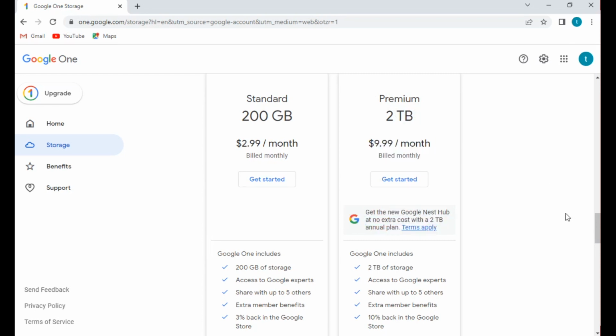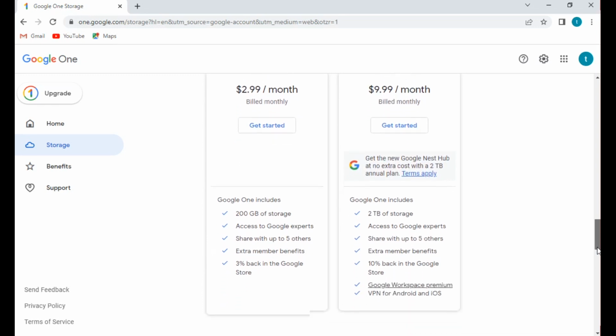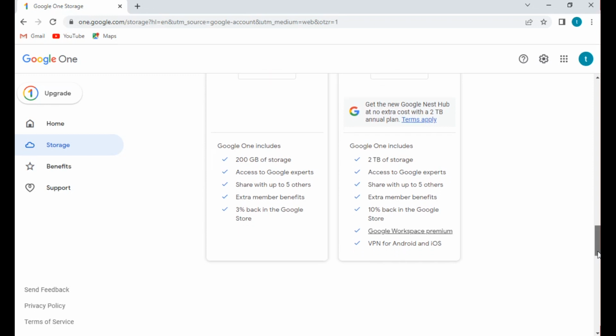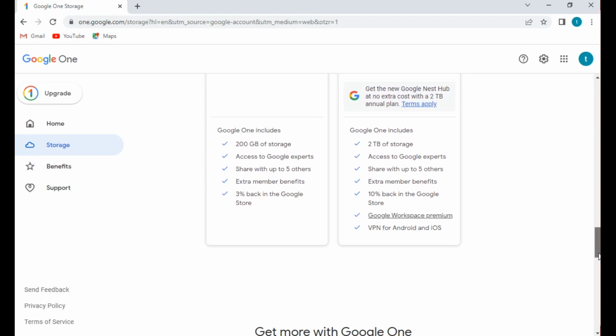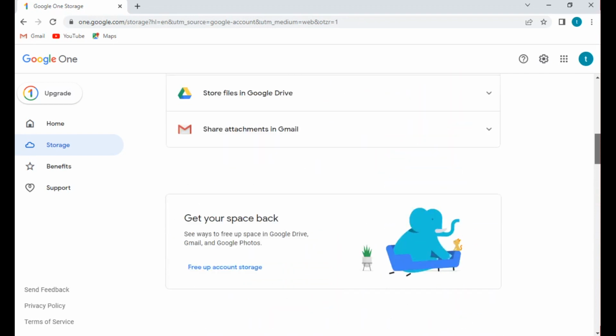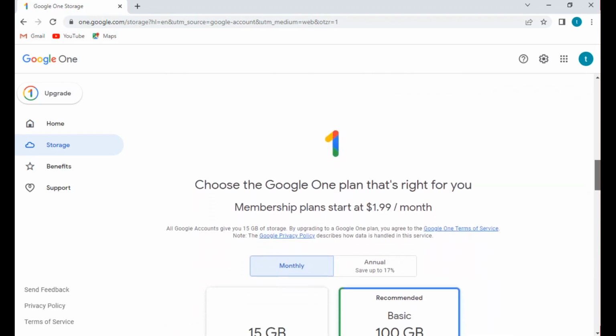Google One includes access to Google experts, sharing with up to 5 other extra members, 10% back in Google Store, Google Workspace premium, and VPN for Android and iOS. This is a monthly plan.